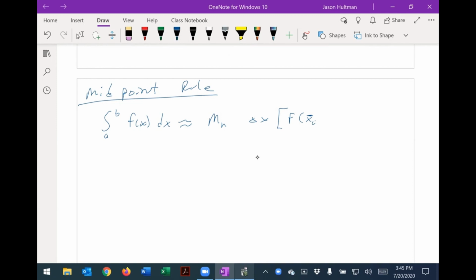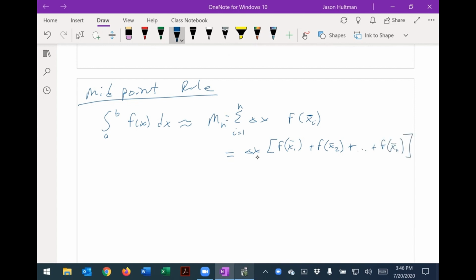So for the ith interval, M is equal to the sum from i equals 1 to n of this thing here, which is equal to delta x times f of x bar sub 1 plus f of x bar sub 2, plus dot dot dot, plus all the way up to n, f of x bar sub n,